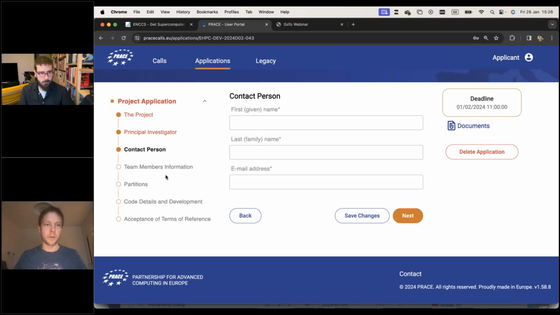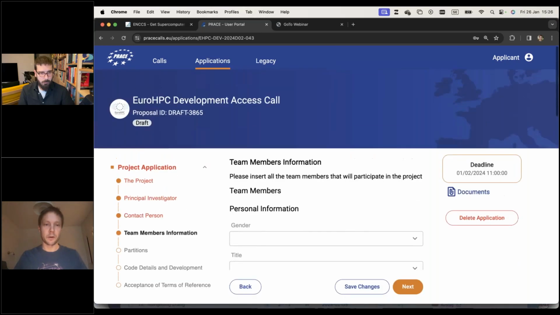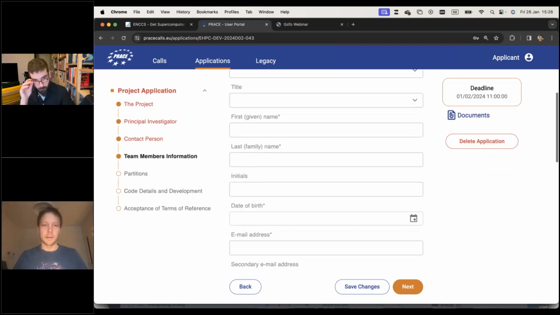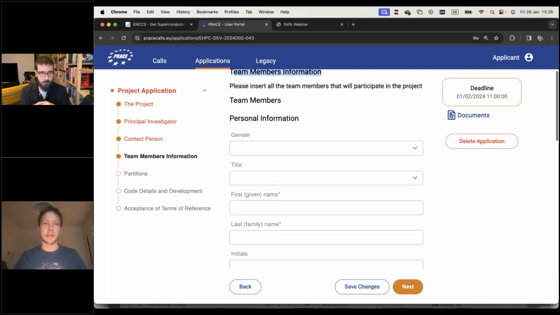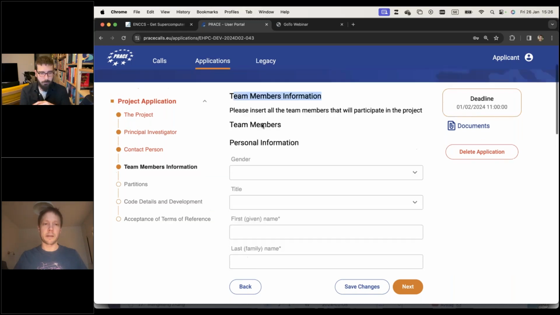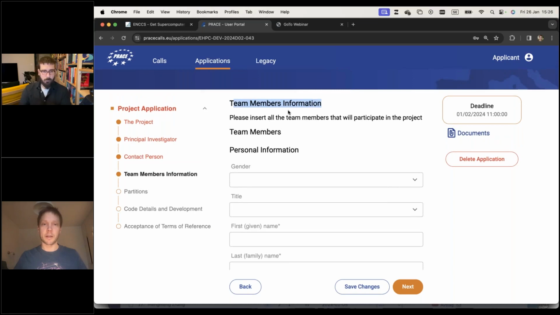Contact person, that will be you also. Team members. Here you can list all your team members that will be part of this project. They will be invited to the project if it gets approved on the EuroHPC system. They will be added to the project and they will be invited to create a user account on the HPC